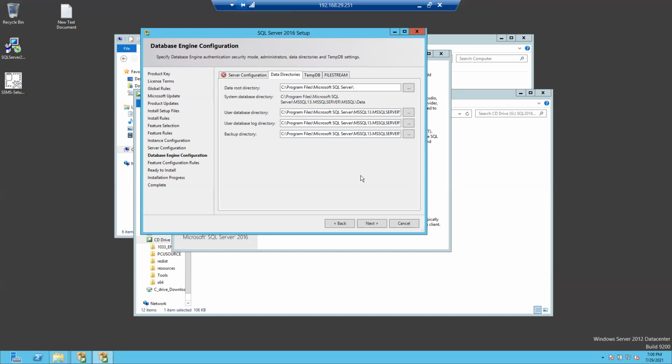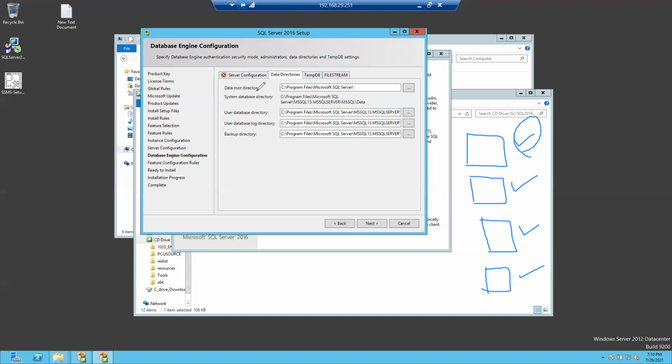As a best practice when installing SQL Server, database files should be on one drive, log files on another drive, tempdb files on another, and backup files on another. Keep them on different drives to get better throughput, which means better IO, reading from and writing to the disk, and you get good performance.